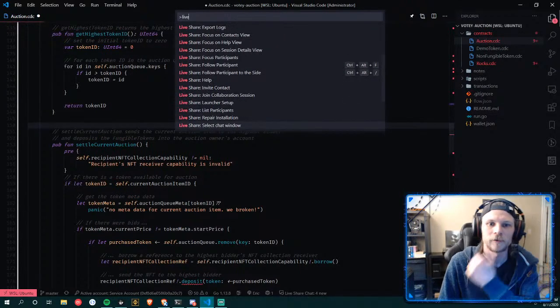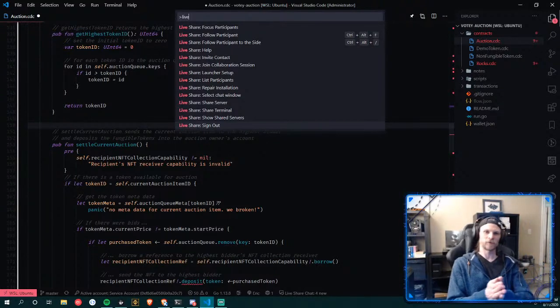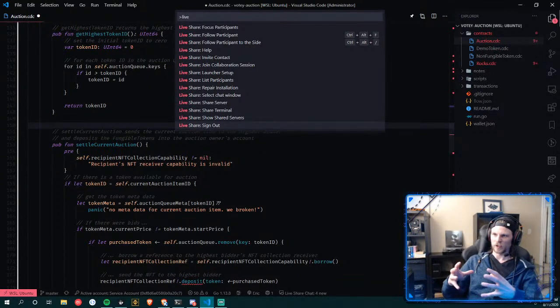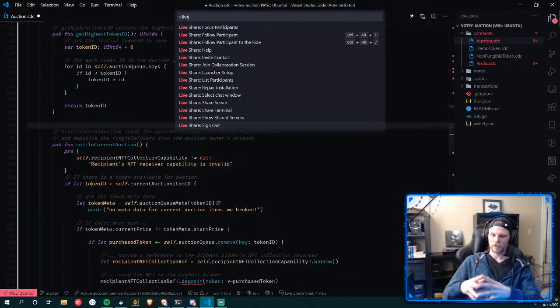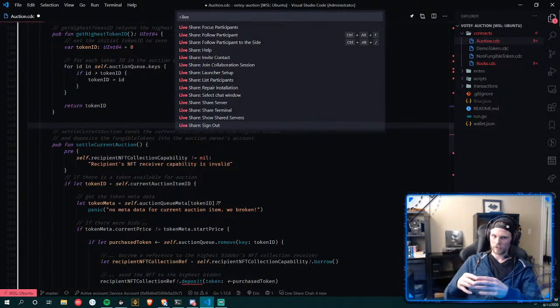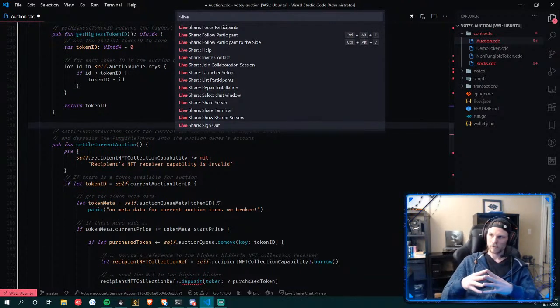So we have a method to change the start price. Yeah, so I mean, we don't really need that anymore because, or do we? I guess that's where we come back to what state is the auction in. If you have an auction and you need to change the start price for it, I think you need this to be a resource so that you can borrow that resource, change the price and put it back again.